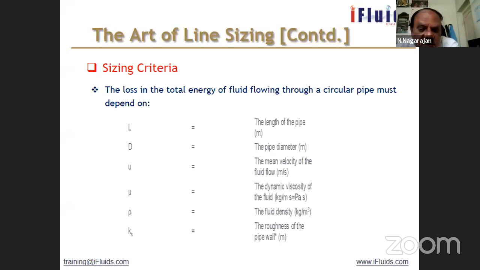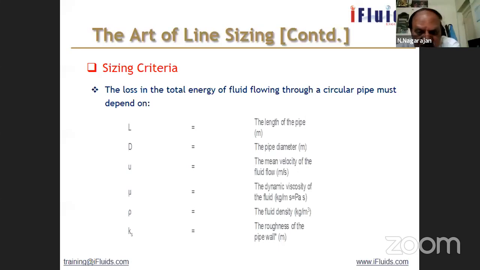Why do we say mean velocity? If you see the velocity profile in the pipe, at the center of the pipe the velocity is maximum because there is no friction. And it slowly reduces towards the wall, and on the wall it will be 0, because of the friction. So there is a velocity profile when the fluid flow happens. So we get an average velocity of fluid flow across the pipe.